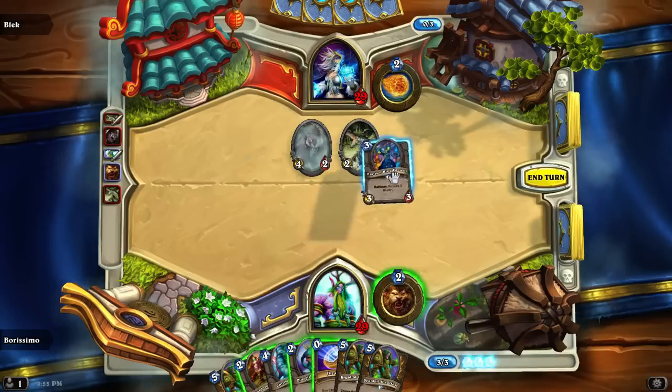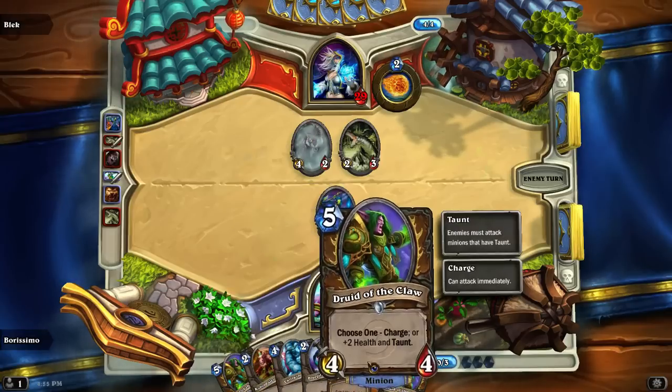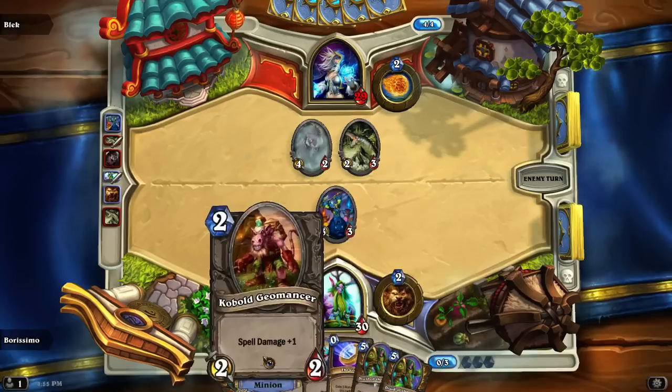Okay, I think I'll actually do this. Even though it wastes the heal, I think keeping the coin is worth it, because I can skip the Yeti and just coin straight into a Druid of the Claw, which has more health and taunt compared to the Yeti. Plus, the 3-3 is good against her board. She either trades her Panther, so that she has nothing to use against my Druids or my Yetis later, or